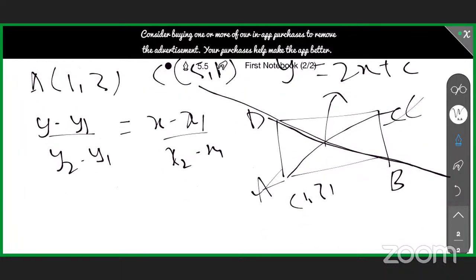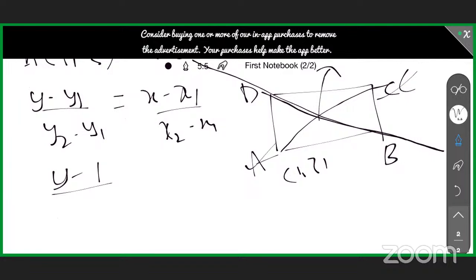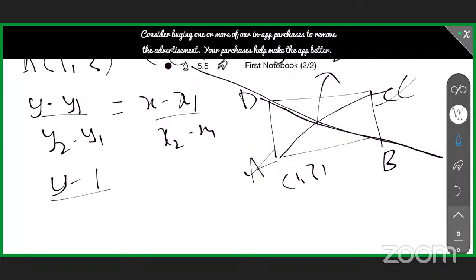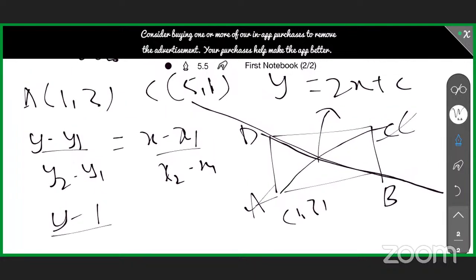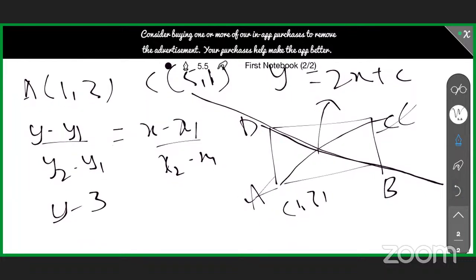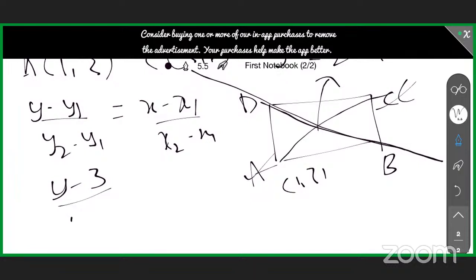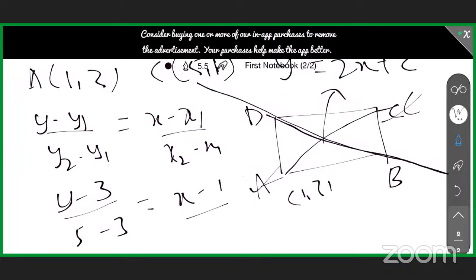That is y minus 3 divided by 5 minus 3, equal to x minus 1 divided by